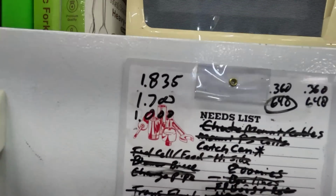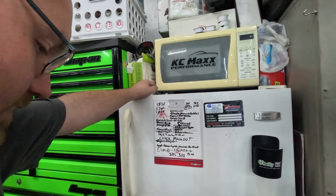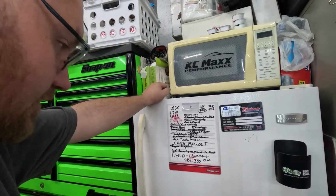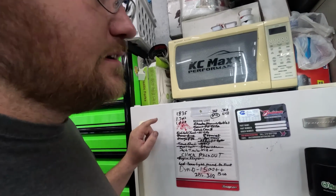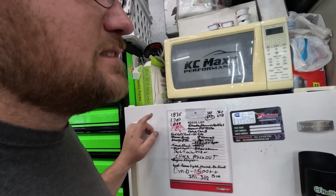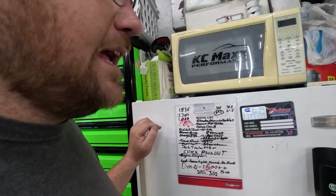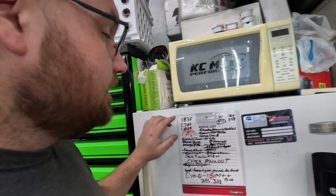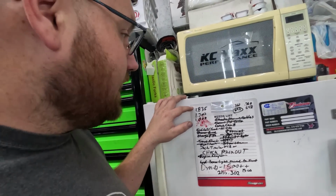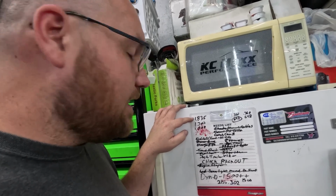Basically, here's what we figured out on my little to-do list, which I kind of noted down. All right, so we got the BTR SK702 spring kit, which was what was on this motor originally, and the same springs come in the SK703, but they changed the retainers to a shorter installed height so the spring pressure comes up. What we found out is the springs on the motor were installed at 1.835,